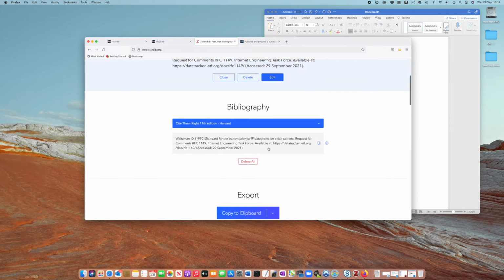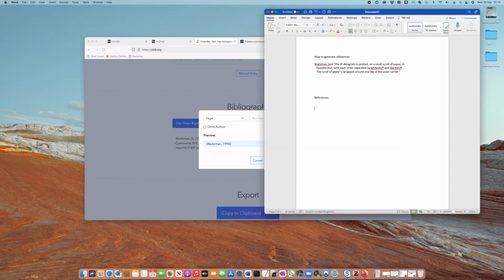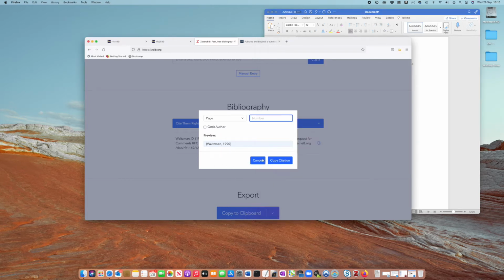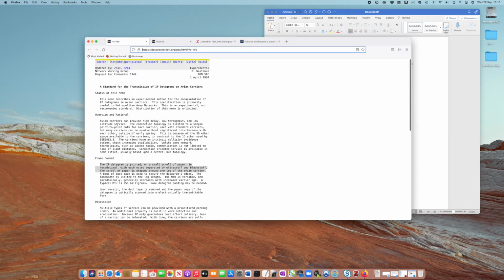Now, the citation there, if I just click on that citation, it tells me that has to be Weitzman 1990. So I've said Weitzman there, but if I just put 1990, that gives us a reference back to this. So we've now got the in-text citation. If you read the documentation on citations, it tells you there's a different format for the citation depending on whether you name the author the way I've named the author there, or the other thing you can do, if I say